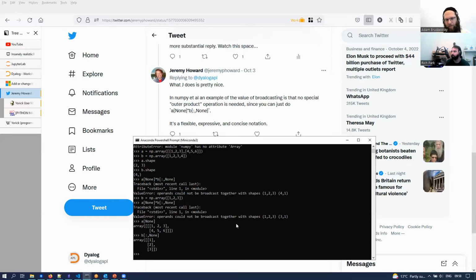But I disagree with Jeremy. He's saying this is a flexible, expressive, concise notation. Firstly, it's more verbose than the outer product. And it's not more flexible as far as I can tell, but somebody might correct me. Well, what are the two? Maybe it's about the same if you consider that we can pair one